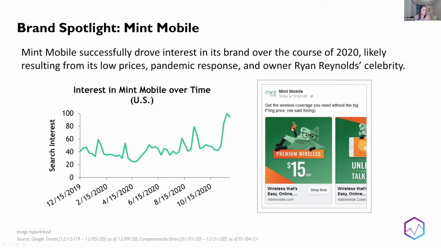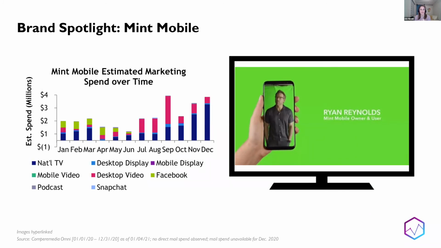So this is just like a social media carousel from them, but they use other channels as well. And we definitely saw an uptick with their marketing correlated to the surge that we saw previously, specifically in September and November. Marketing spend really started increasing in September. And this was around the time that they enlisted Rick Moranis for some of its commercials, announcing their unlimited plans. And then Rick Moranis was also featured in their national TV and online video ads. So he was a key component, you know, very well-known celebrity.